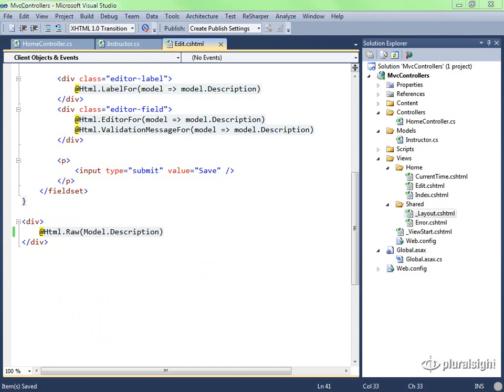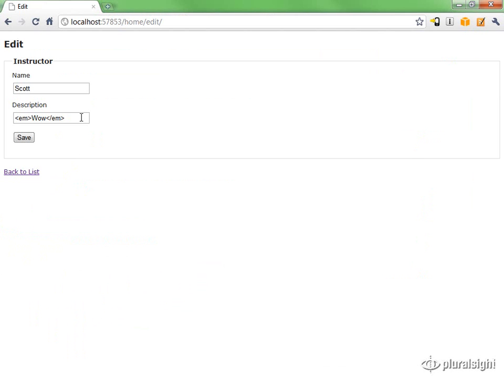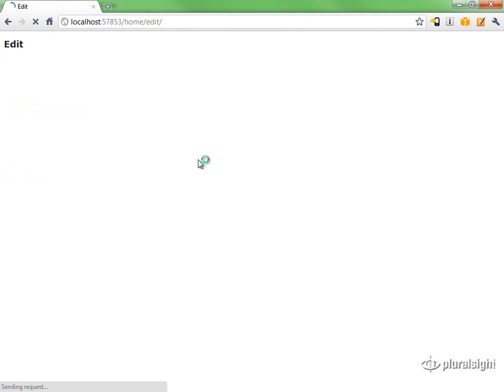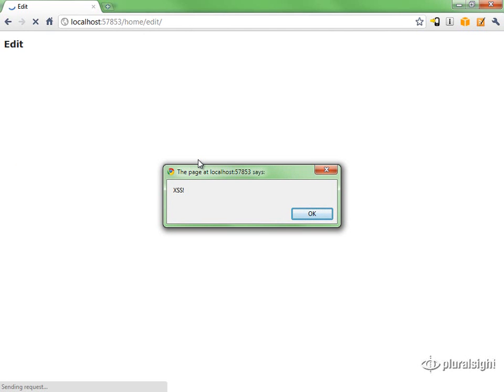I'll save that view, come back out to the browser, and now I'll say that Scott's description is actually a script tag, type equals text/javascript, alert XSS. That's my description. I'm going to save that. And I've just added JavaScript into someone's database that will pop up an alert box, but it could be much worse. I could be adding that JavaScript